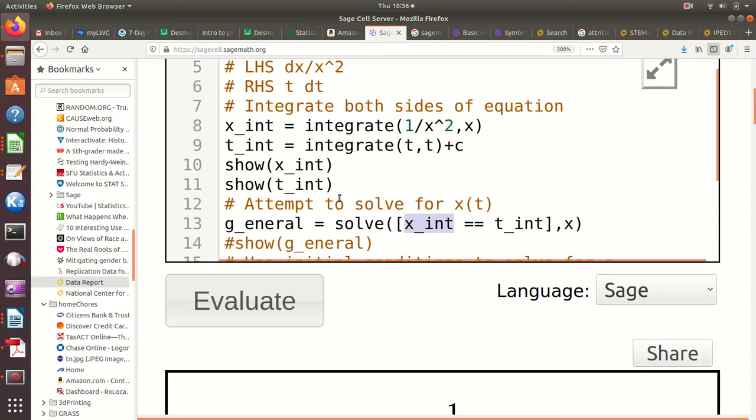So here's the left hand side, the x int, double equals for a true equals sign, and then t int, and I want to solve that equation for my x in terms of t, and c, of course, because c will be in there too. So I do that command, I evaluate,